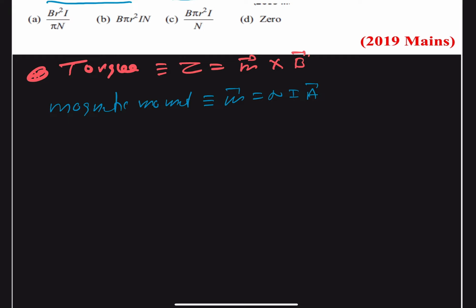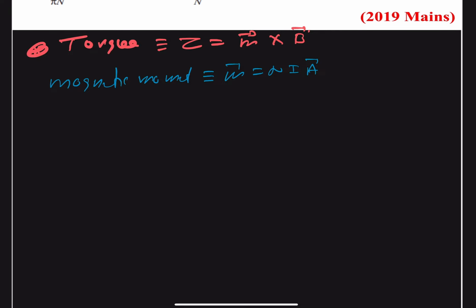So it is said that the coil lies in the xz plane. We are given that the coil lies in the xz plane. Therefore,